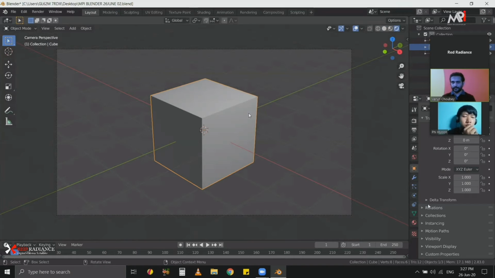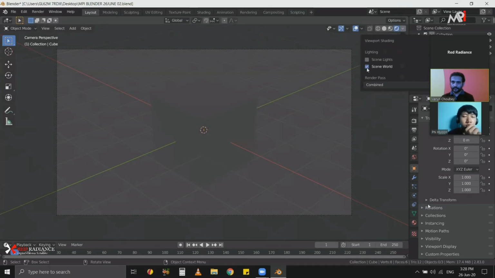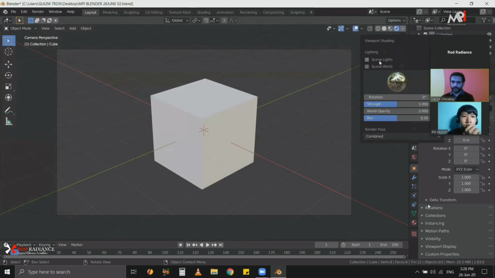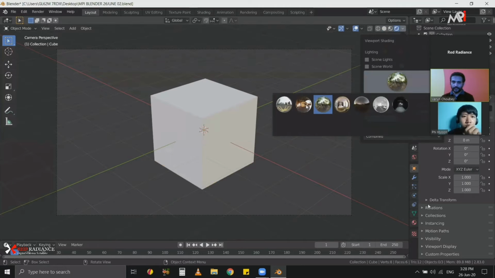So we won't be talking about lighting. But let's say you don't want to learn about lighting and still want to light your scene, you can just switch off scene lights and scene world, and then what you will get is